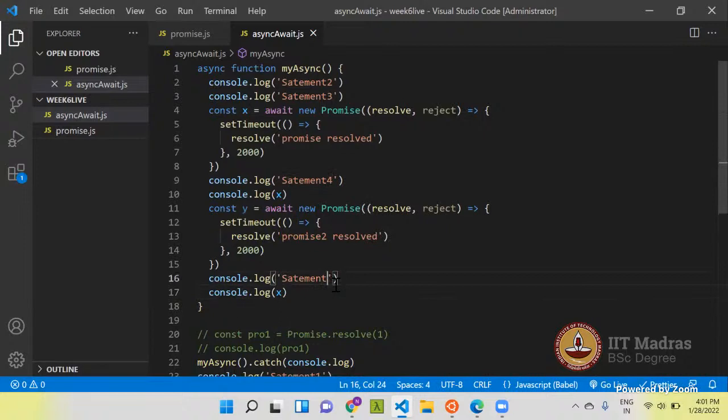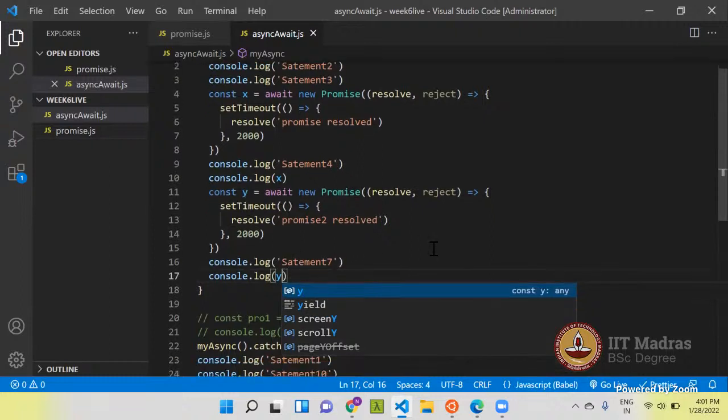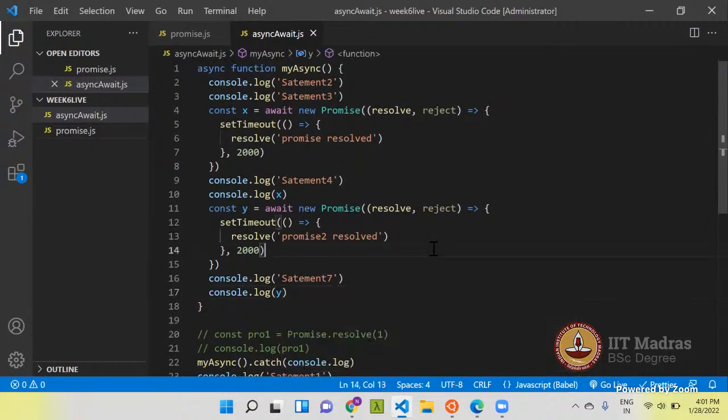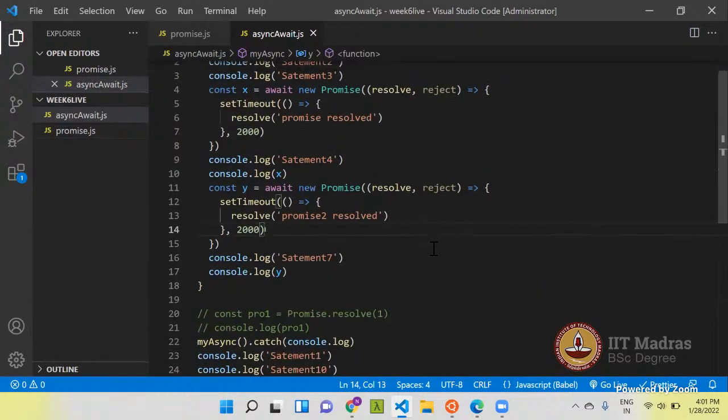Statement 7, print y, promise to resolve. So what do you expect? What will happen? Anybody?